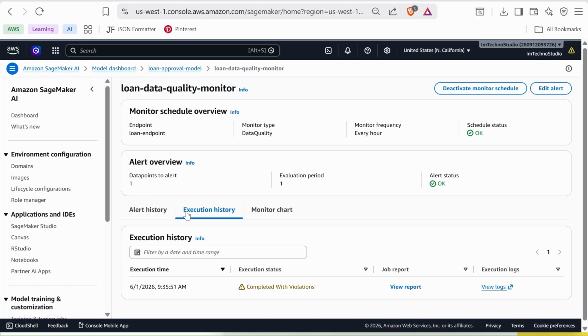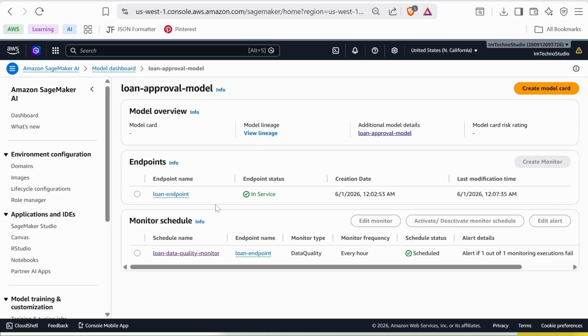So this demonstrates how SageMaker Model Monitor continuously monitors production data and alerts us whenever it identifies potential data quality issues. Now that we have verified the monitoring workflow is working as expected, let's move on to the cleanup steps to avoid any unnecessary AWS charges.